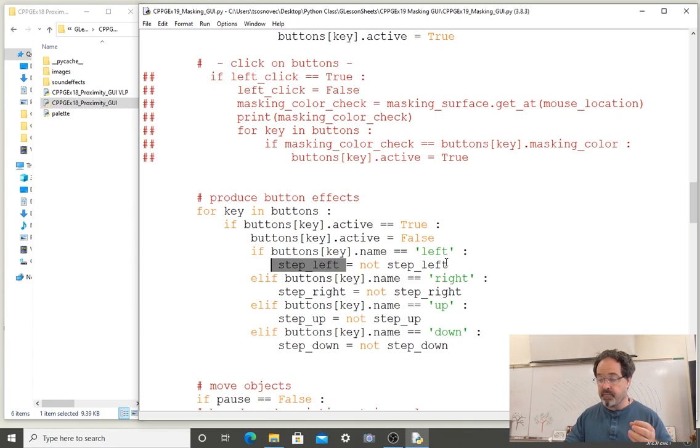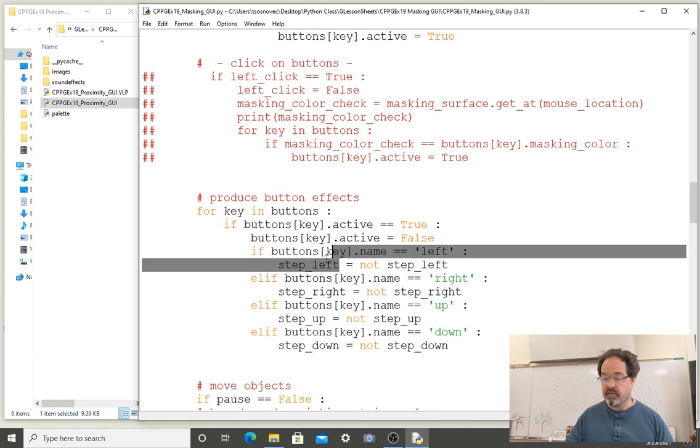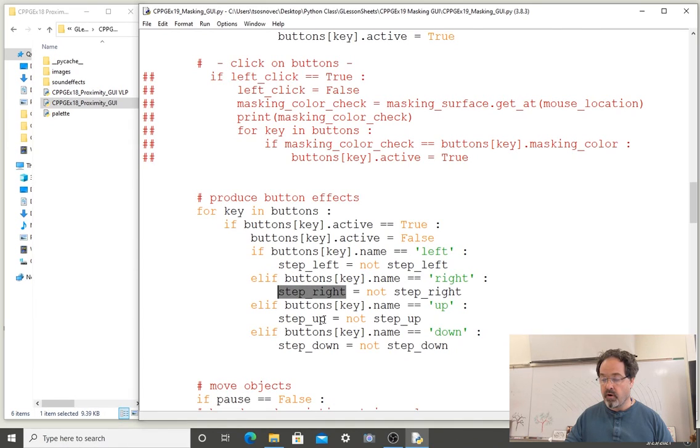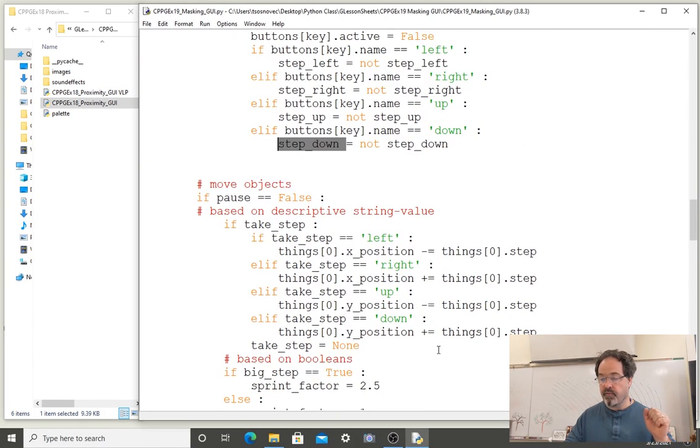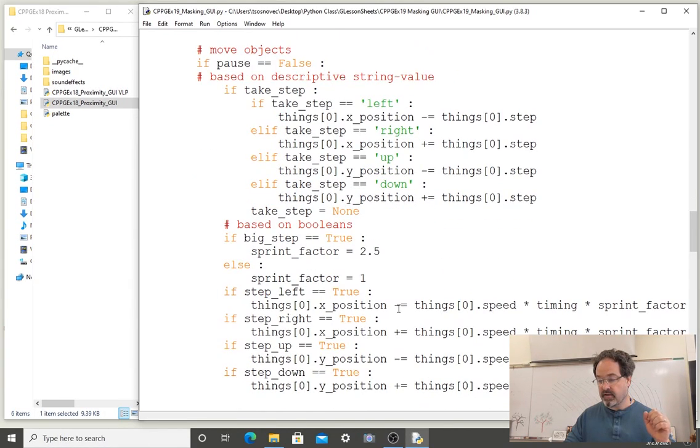So if the left button's active was equal to true, then this toggles the step left variable to be the opposite of what it was. So this is also a toggle movement. The pressing on a button will turn that corresponding movement on, or if it's already on, it'll turn it off. And it's this code block that then we distinguish or get our 4 direction variables to be either detected on or off. And then once we have that, we go to the 4th and final step, which then checks those